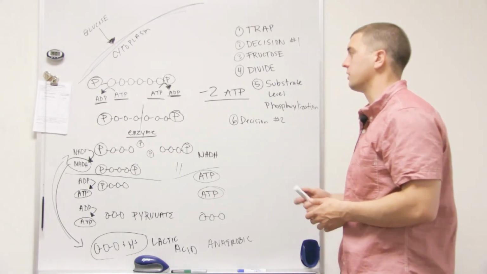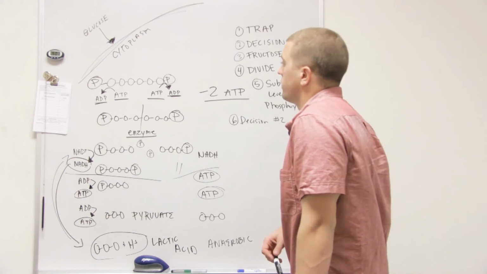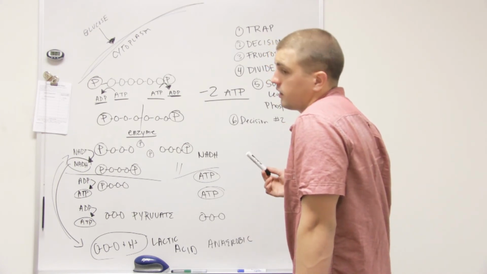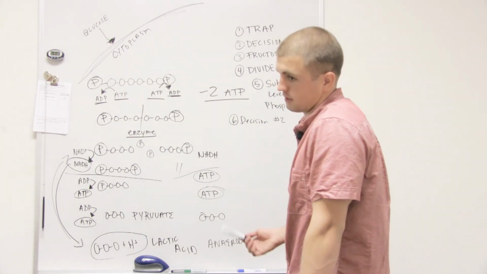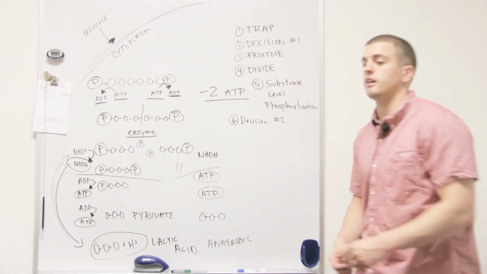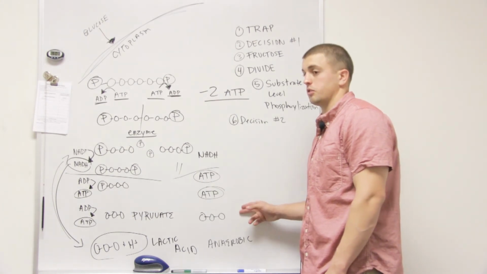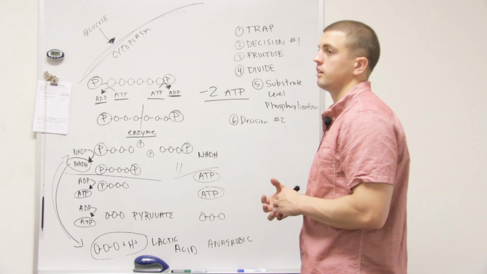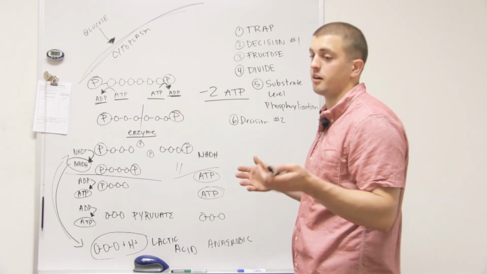So we use a lot of glucose for this process just to make 2 ATP, when there is a more efficient way. It takes a little bit longer, but you'll produce more ATP in the end, and that would be aerobic metabolism. If you're doing a 100-meter sprint, a large majority of your energy is going to be through glycolysis. But if you're going to run a marathon, let's say,